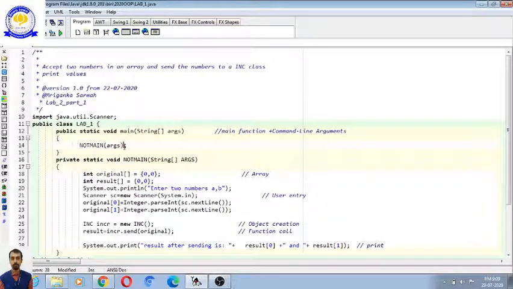Then there is another semicolon, the end of a statement. Then we have a return type of a function, void. This main, what is the main? It is a main function. A function is written in a block, and a function can also accept arguments. So main is a function, it has a return type.